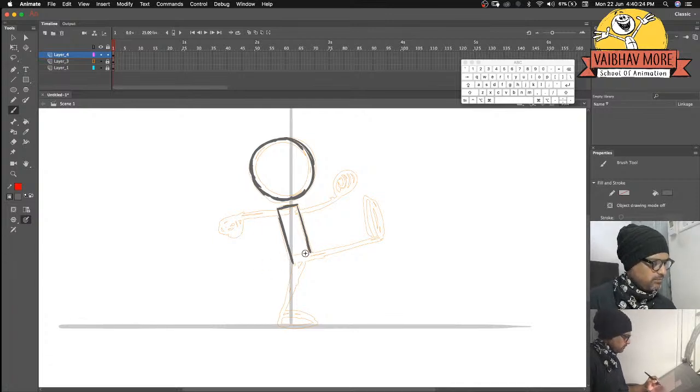So I'm going to keep this leg, the leg that is closer towards the camera. And the leg that is away from the camera is this. Yeah,